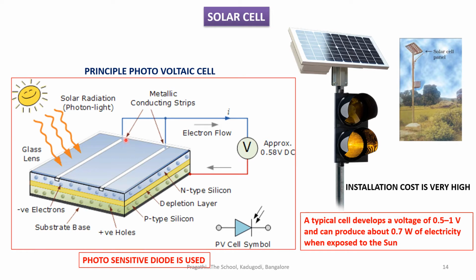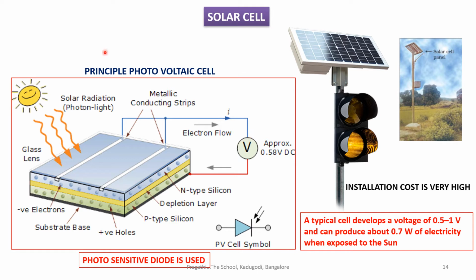You can see here the top portion is connected to a voltmeter and the bottom portion is connected to the voltmeter. Keep it in the sun. What will happen? The sunlight will come and fall here. It pulls the electrons. It activates the electrons to jump outside. It is connected here to a connector, so this will take all the electrons and they will start flowing inside the wire conductor. And if you keep a bulb here, the bulb starts glowing.